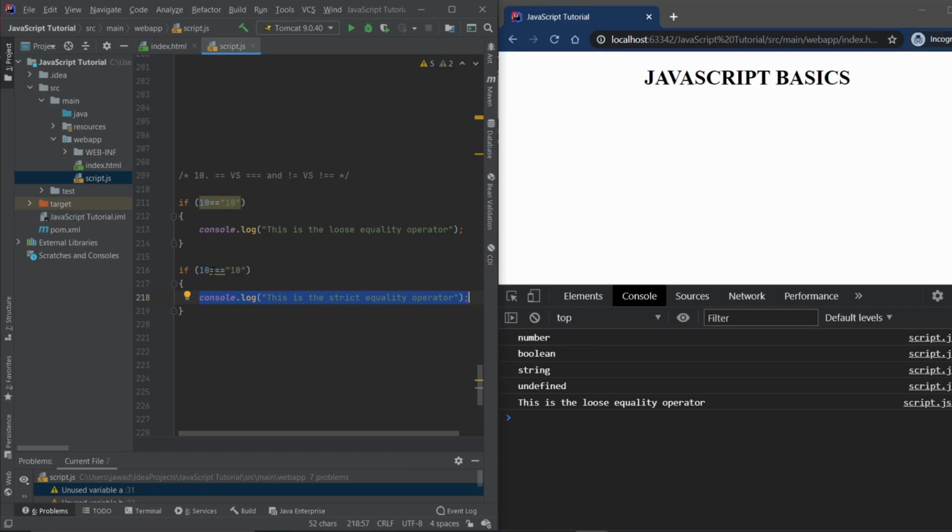That is because whenever we use the triple equality sign operator, this 10 string is not going to be converted back into 10 number. It is going to stay exactly the way it was meant to be. That is, it is going to stay as a string. All right. So in most cases, it is a good practice to avoid using the double equality operator and instead use the triple equality operator when it comes to JavaScript, so as to avoid any unnecessary bugs